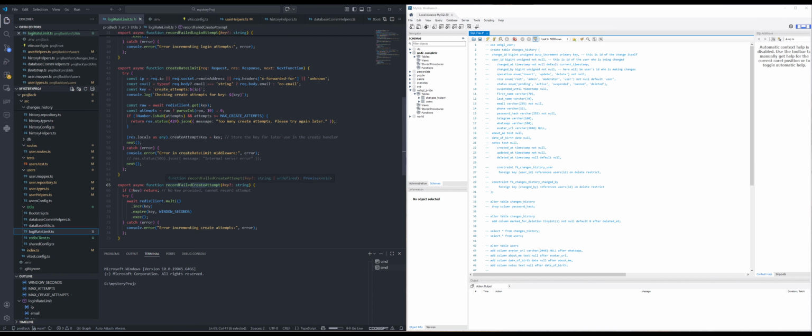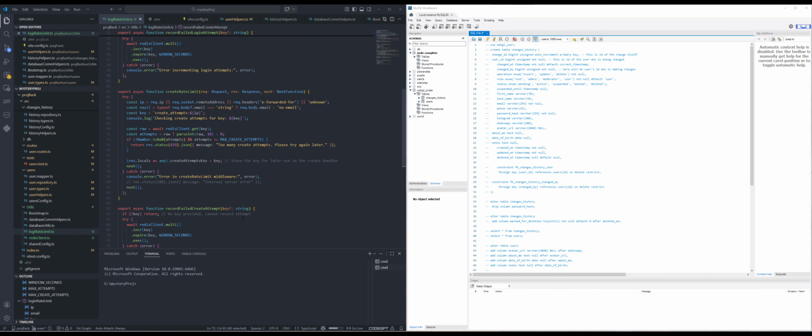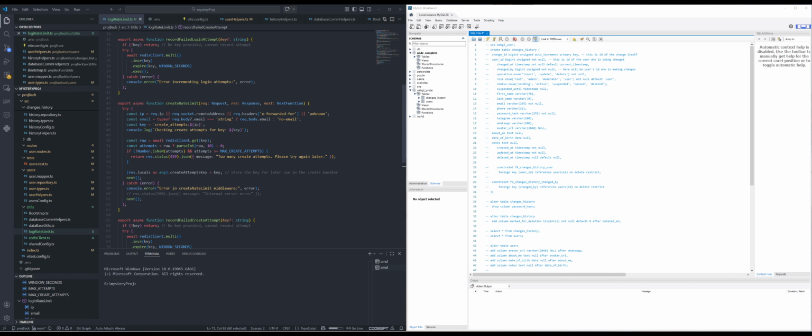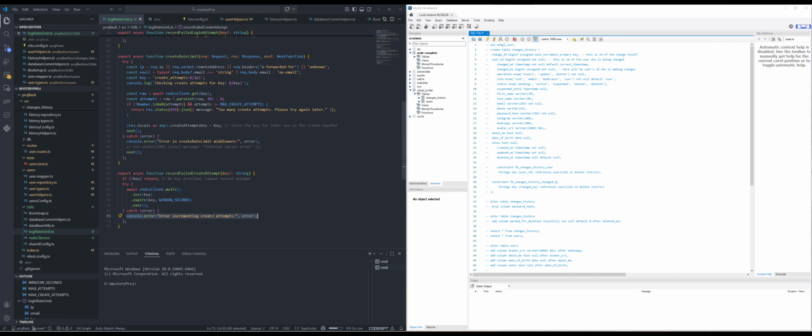Record failed, create attempt. It will fall here, and generally it will say that you fail and you cannot attempt to create user for 60 seconds anymore. So that's the logic. That's the three errors I fixed, but I'm not sure yet that I fixed them properly,